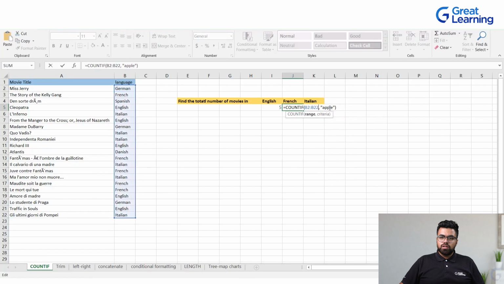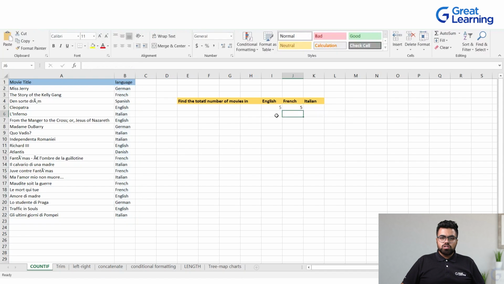22, right? Then Apple, changing Apple to French, right? Then I press enter. So now the French has also been repeated 5 times. Similar thing I have to do for